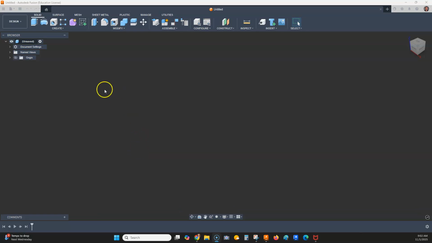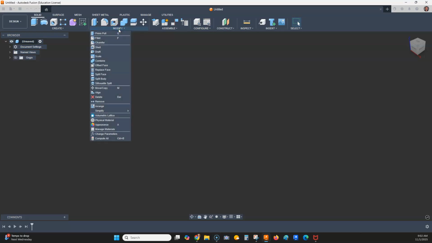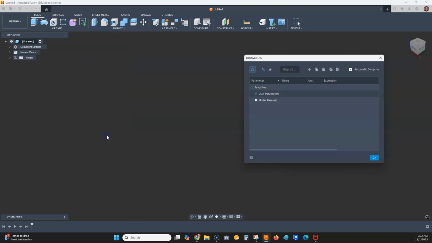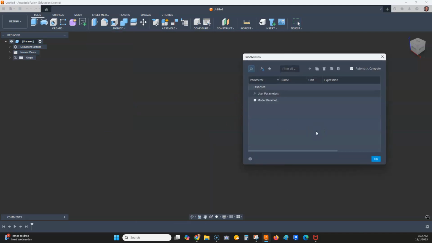To start out, to learn how to use parametric text, we want a little bit of a refresher on how to use parameters in Fusion. So we're going to go to the Modify menu and down to Change Parameters. We're just going to create a real simple rectangular prism, and in order to start doing that, we have to create user parameters. You'll see model parameters right here. We need to create user parameters, and you'll see the little function icon next to that. We're going to click on Create Parameter for user parameters, add user parameter, click on that plus,